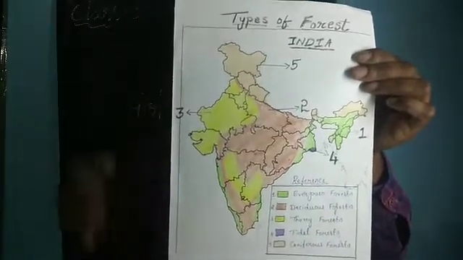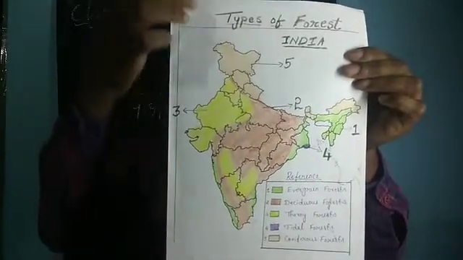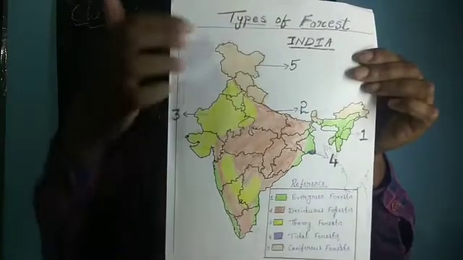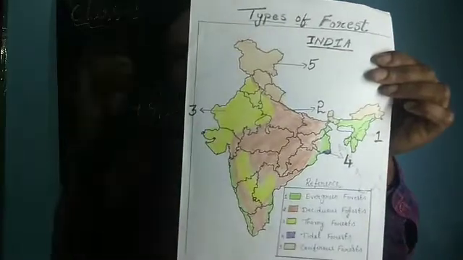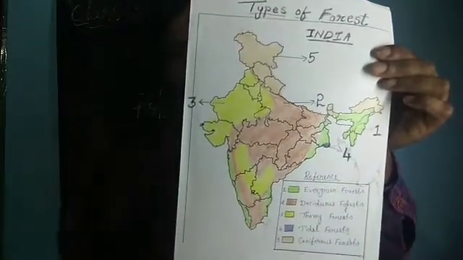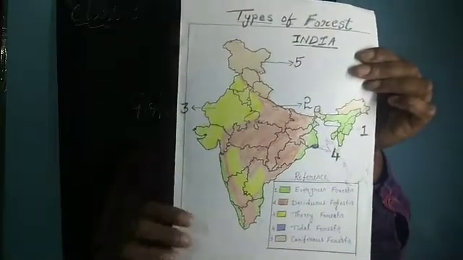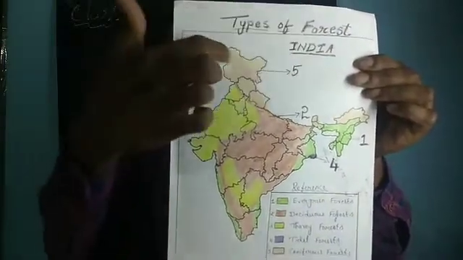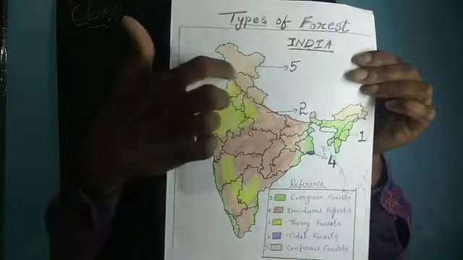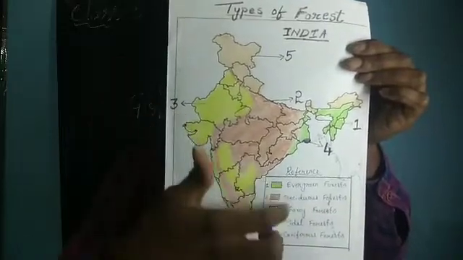For example, it is rainfall. You can go to the rainfall of the country. That also can be drawn like this. That is, different colors can be used to show the heavy rainfall regions and average rainfall regions, and as well as the less rainfall regions. Here I have taken a theme of a forest, and you can see the distribution of the forest in India. That is shown in different colors also.